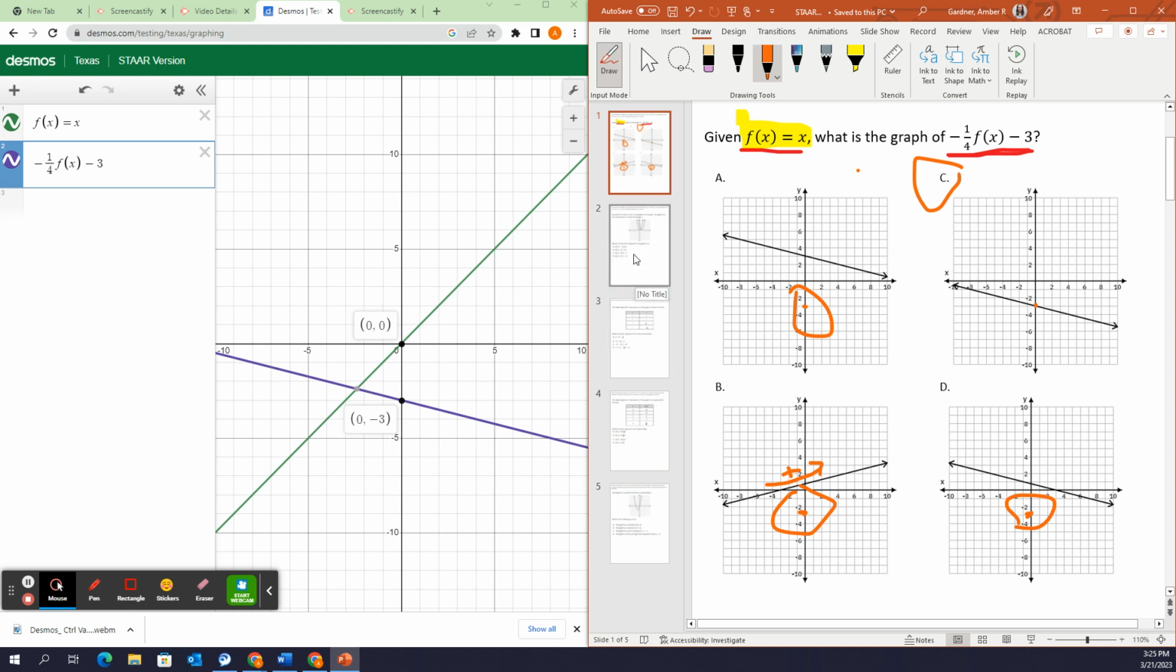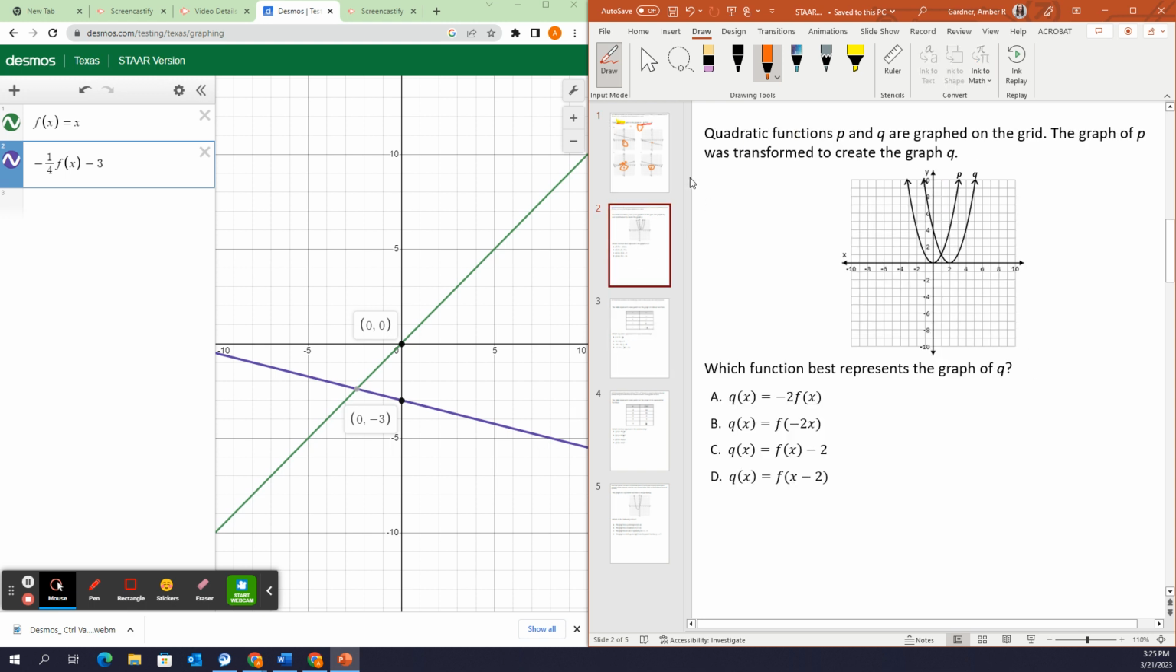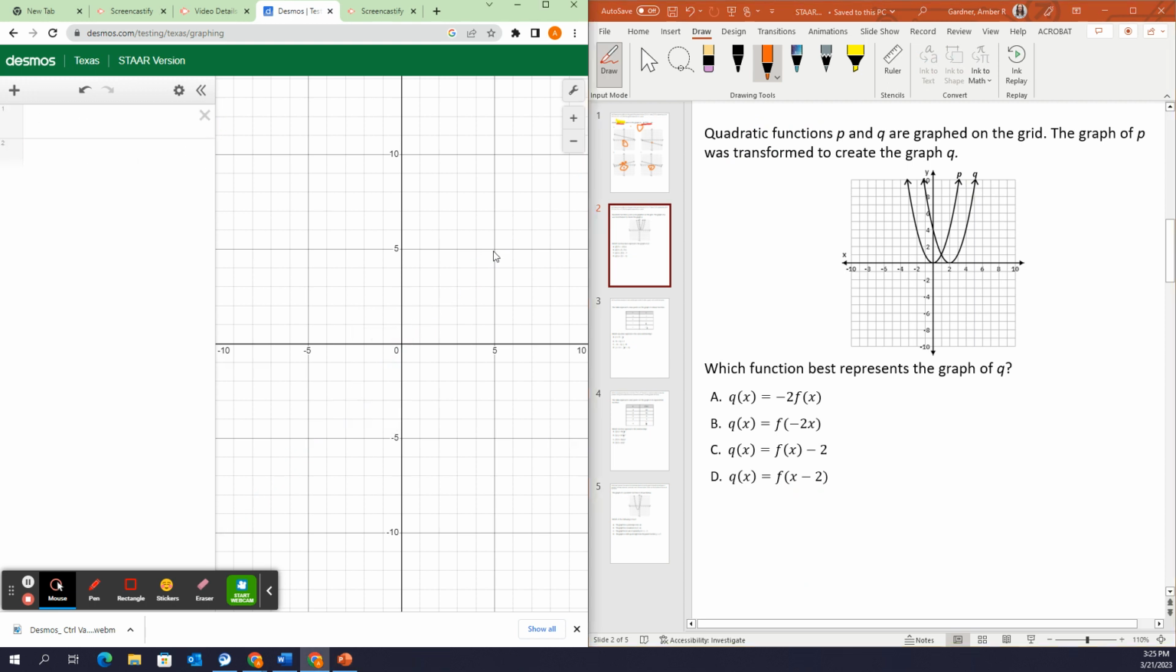Okay, so let's try another problem. So now we have a quadratic. Okay, a quadratic is going to be in the shape of a parabola. It's going to look like a U. It can open up or down. So quadratic functions P and Q are graphed on the grid. The graph of P was transformed, and all that means is changed, to create the graph of Q. Which function best represents the graph of Q? So basically, our graph of